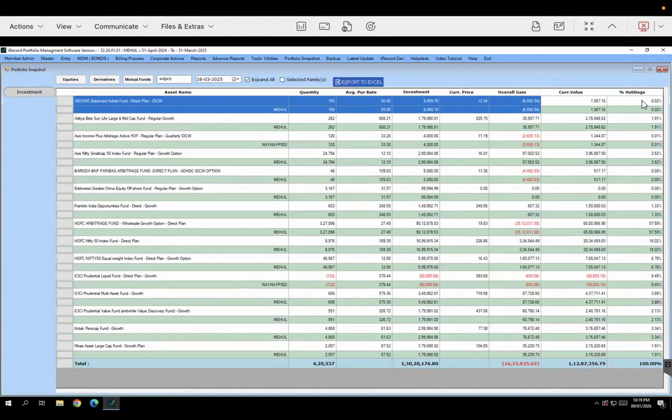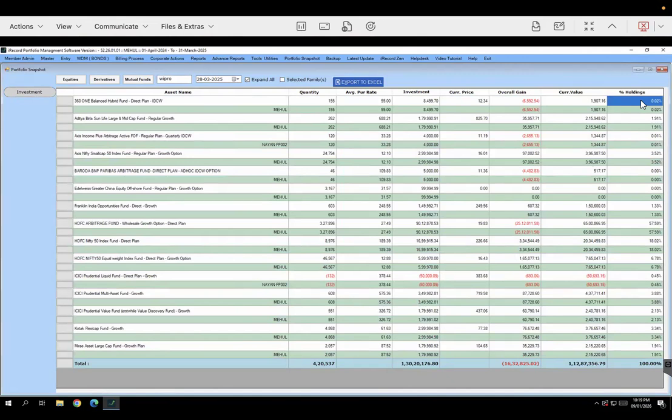And again, the total holding percentage for that specific script in aggregation, and also the bifurcation of the individual members holding units of the scheme in the family's entire portfolio. And at the very bottom, we also have the total